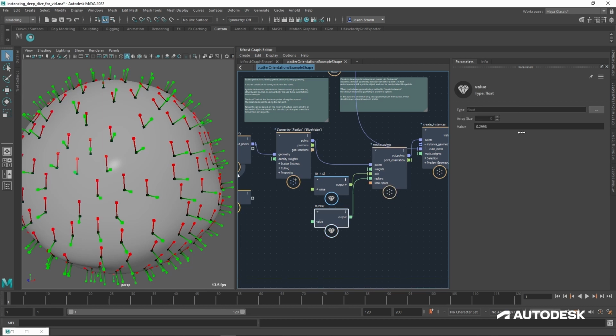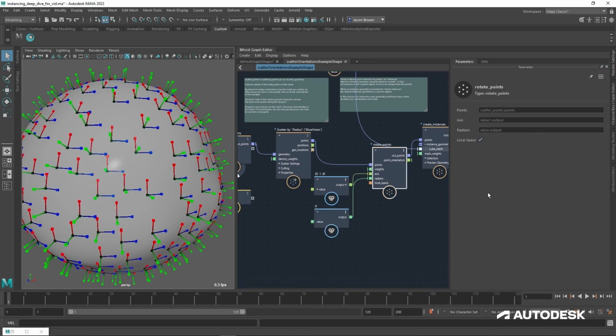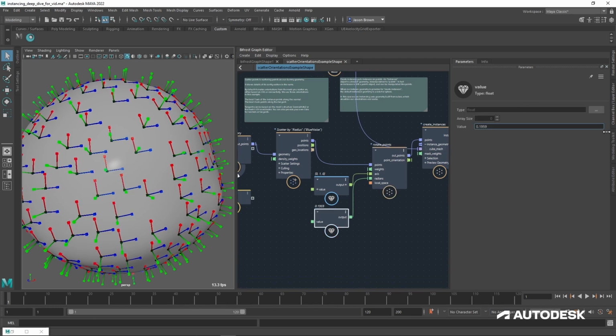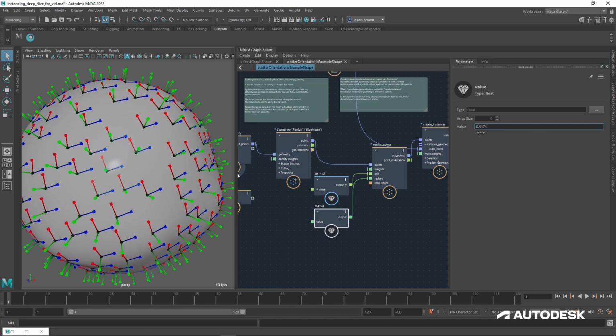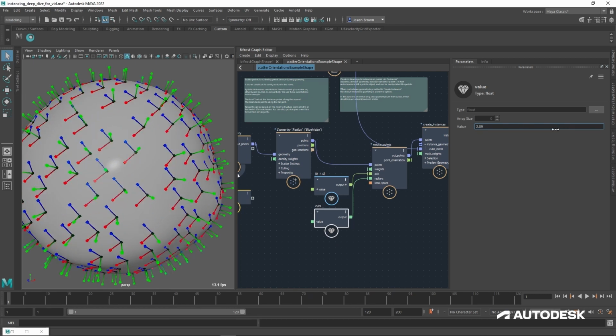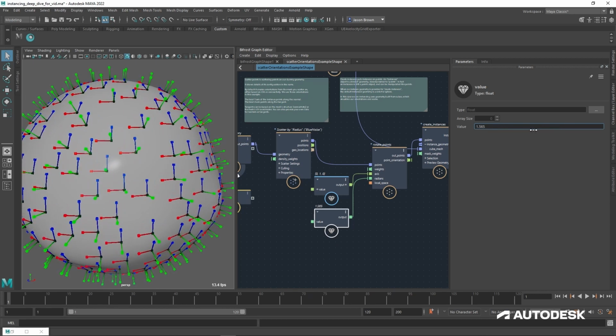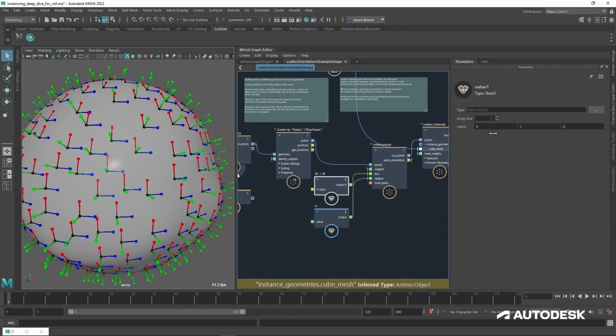So let's just go back and reset this. I'm going to rotate points and I'll turn on local space, and then when I start changing this value, it's a little fast, but you can see they're rotating around the local Y-axis. They're stacking it like that. And this works all kinds of other ways as well. Reset that. It works the same way on the other axes.